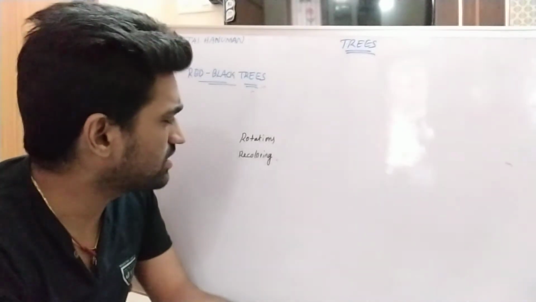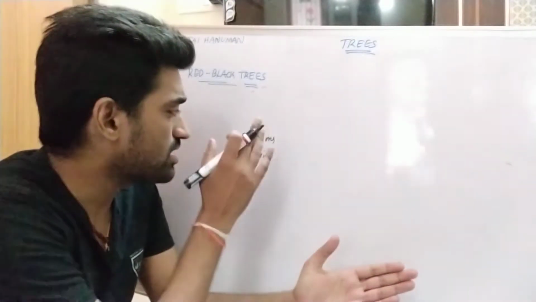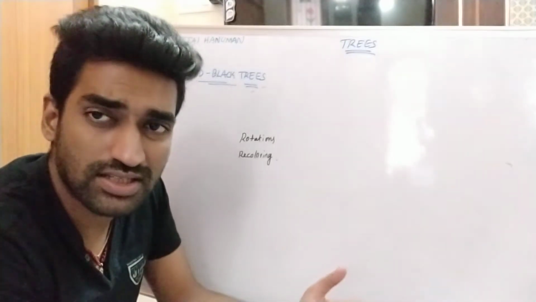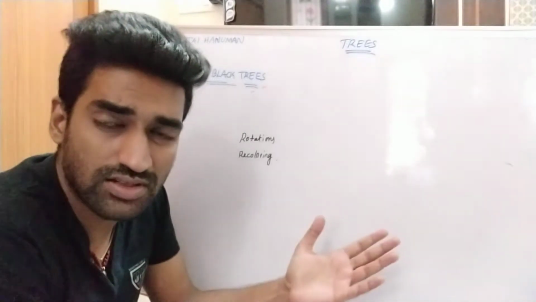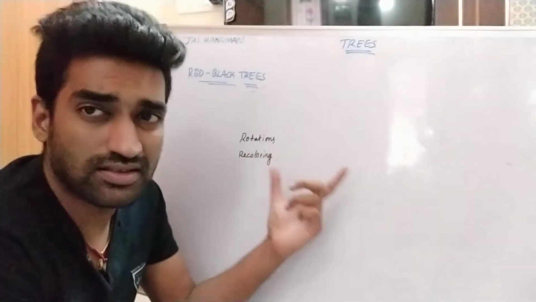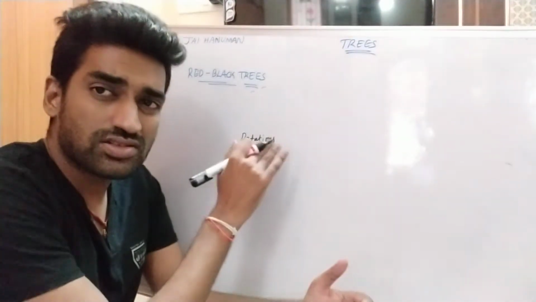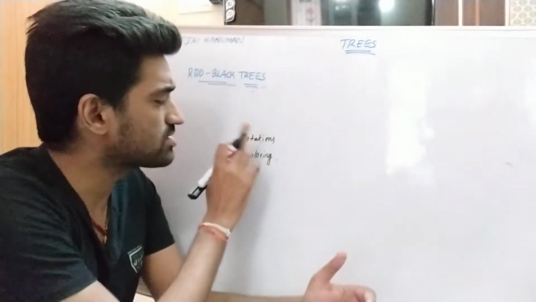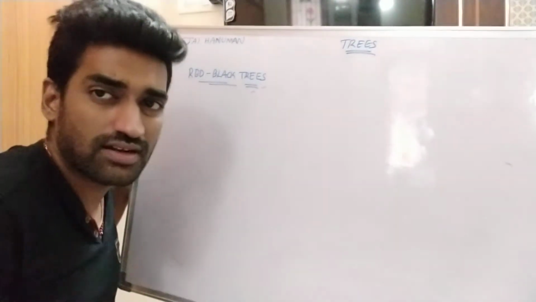We already discussed rotations in AVL trees. The same rotations are applied in red black trees also: LL rotation, RR rotation, LR rotation, RL rotation. So before watching this video, please go through operations on AVL trees. Then only you can understand this insertion operation. To perform insertion in red black trees, we need two major operations, that is rotations and recoloring. Here I am writing some rules for insertion operations in red black trees.